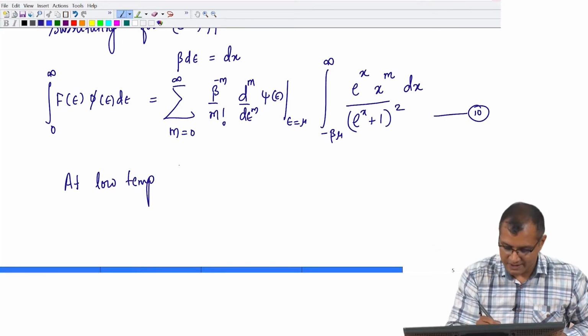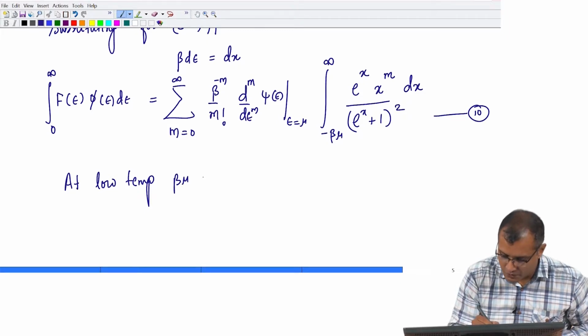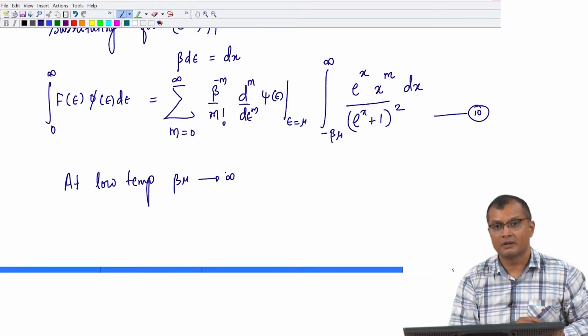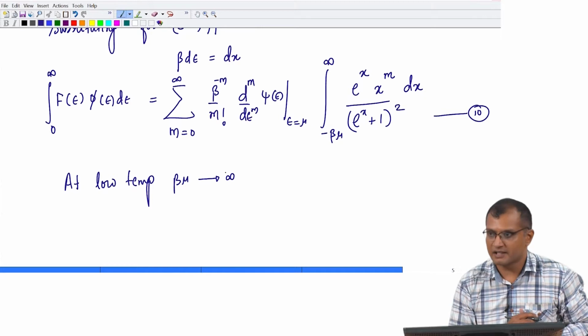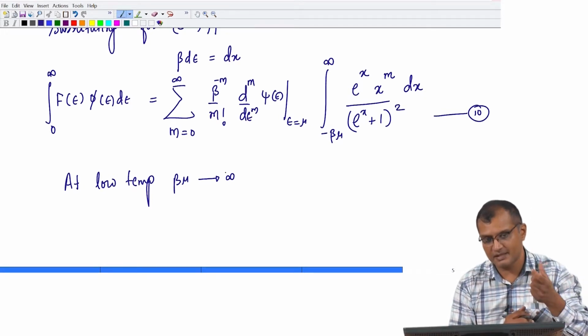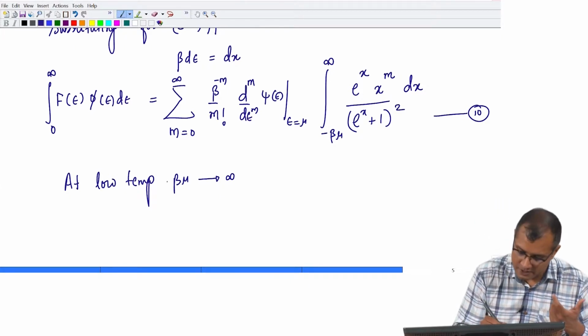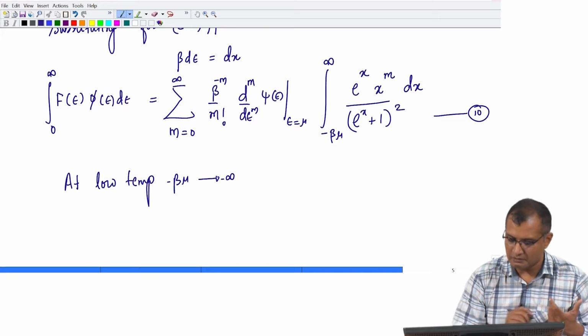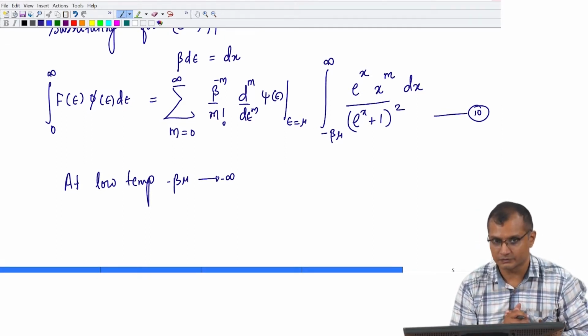So, I can say that very low temperatures means my beta times mu should go to infinity. Okay. So, mu over kT should go to infinity, that is the meaning of low temperature. So, I have an energy scale which is mu, now makes sense, and that means my minus beta mu will be minus infinity. That is the meaning of low temperature, okay,